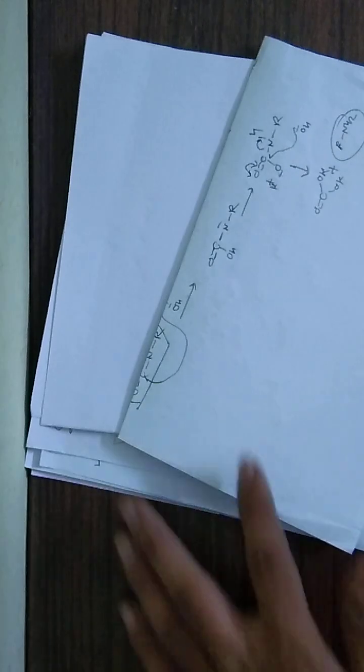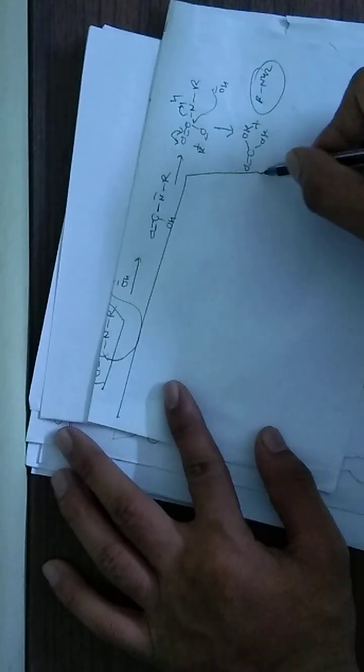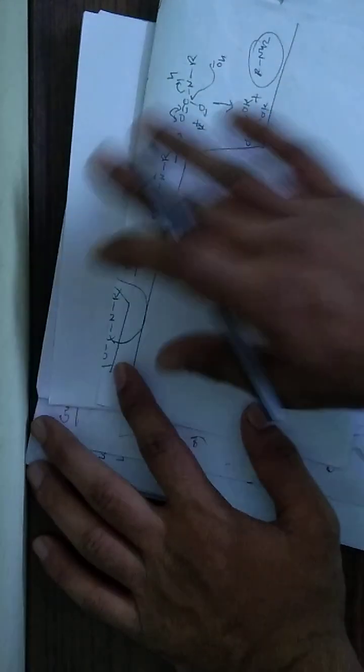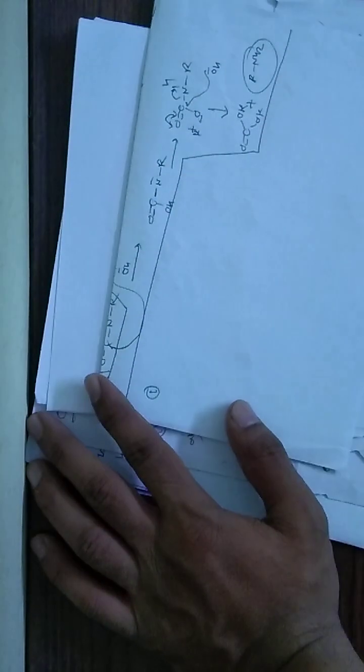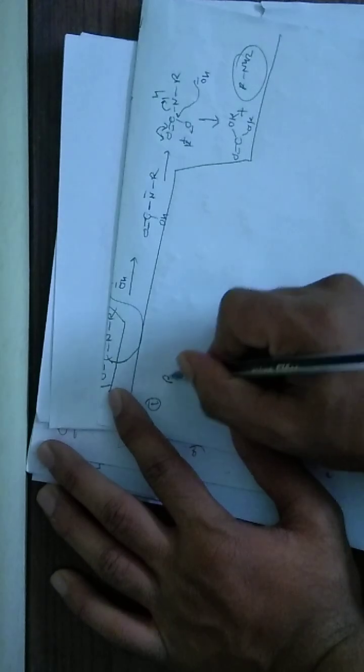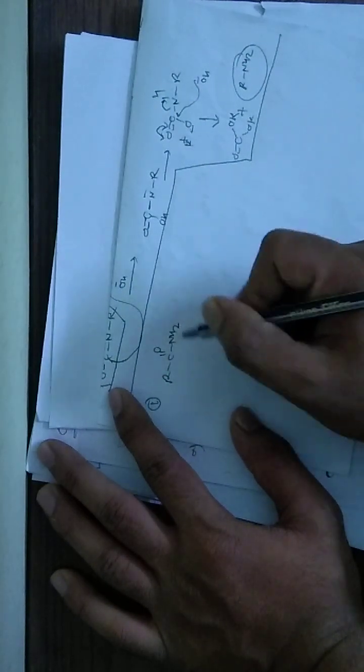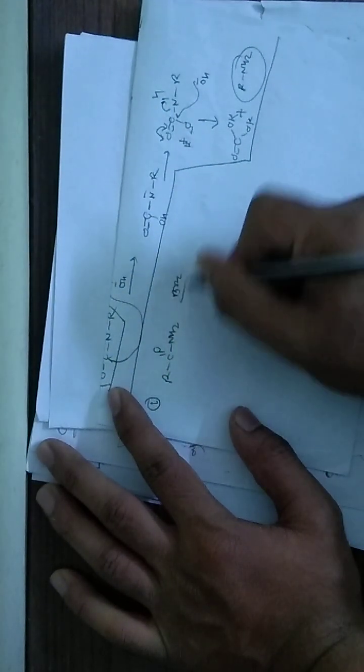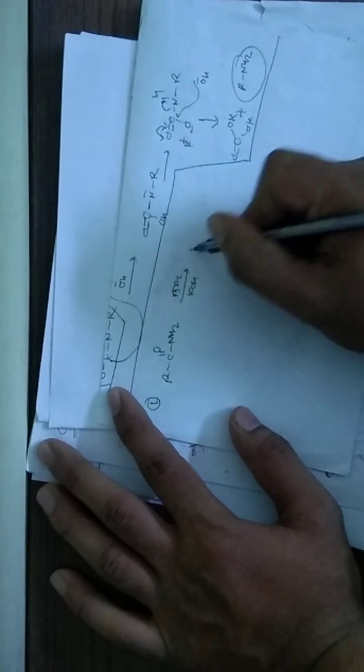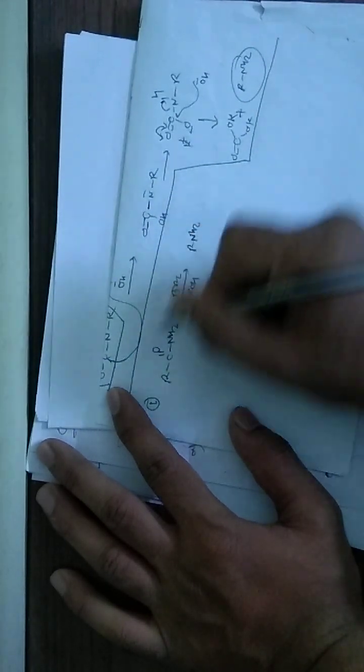Now comes to the question. We have studied that reaction, but without solving questions depending on that reaction, we will not get the idea of which type of question will be asked in your exam. So the first question depending on that reaction is that the reaction of RC double bond ONH2 with bromine in presence of KOH gives RNH2. From this reaction equation you can identify which reaction that is. This is the Hoffmann bromamide reaction.